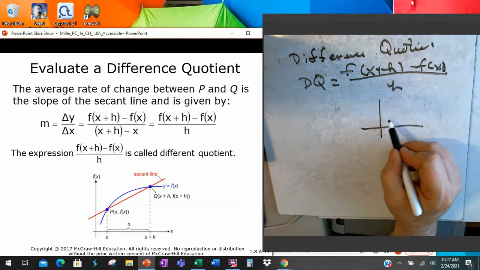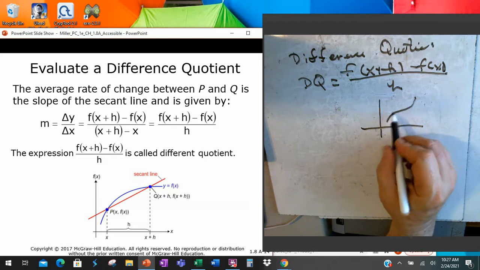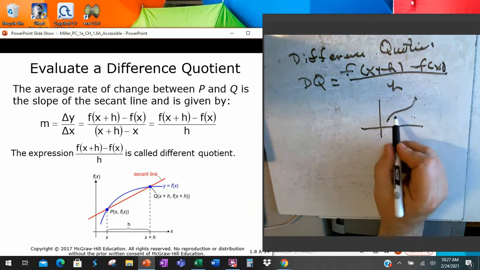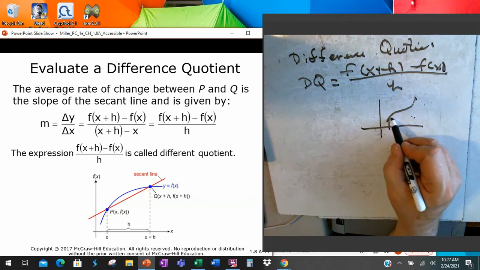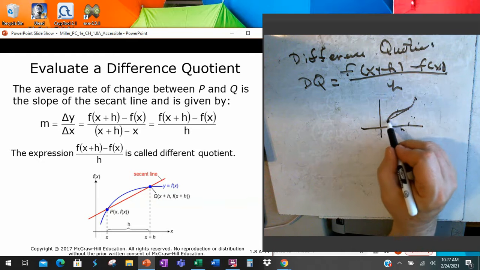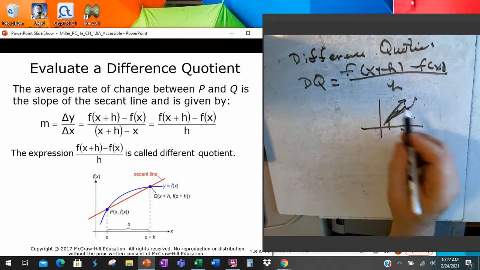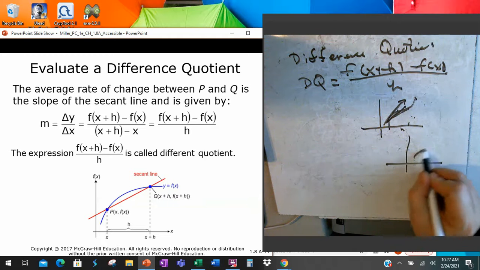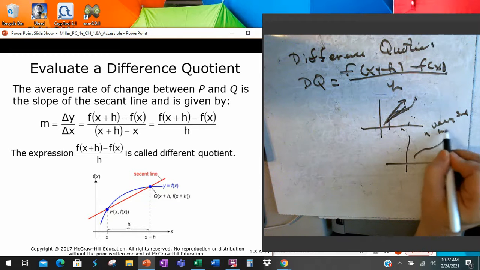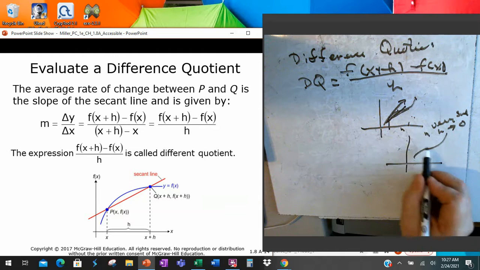Let me kind of draw a real quick picture. You remember where we said the average rate of change depended on the starting point and the ending point? What we're going to do now is always have this starting point, and now we say, well, here's a big h. What about if it was a smaller h? What about if it's a very, very small h? And for very small h going to 0,